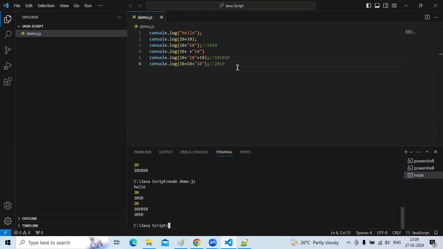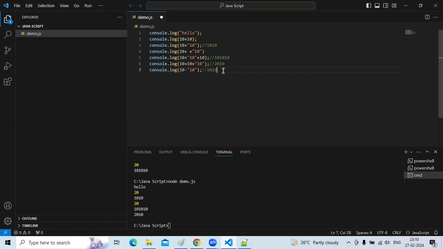See, I am taking one more example. console.log of 10 minus a string 10. What is the result here? 10 minus 10. 1010? No, it's wrong.